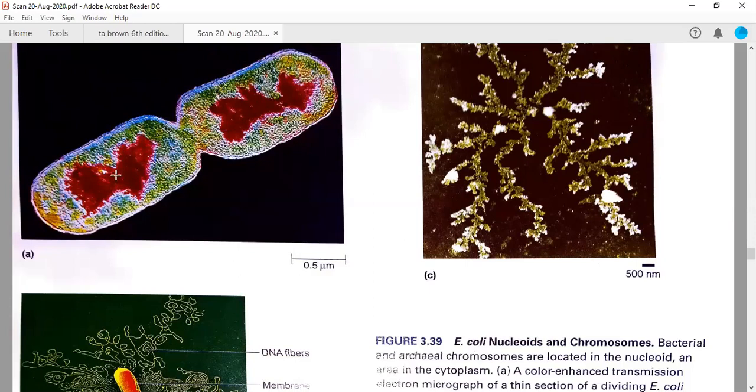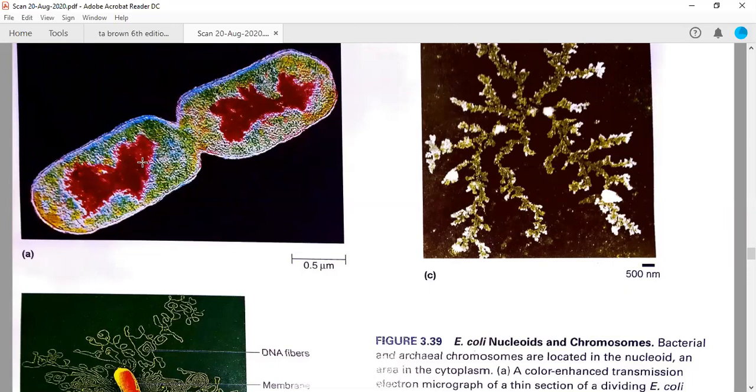Now you can see they are haploid, because both cells derive from the same bacteria. Generally eukaryotes, for example humans, are diploid because we have two sets of chromosomes, one from each of our parents, mother and father. This bacteria has only one parent, therefore it has only one set of the genome. So they are haploid. You can see this stained region, and this is the nucleoid.